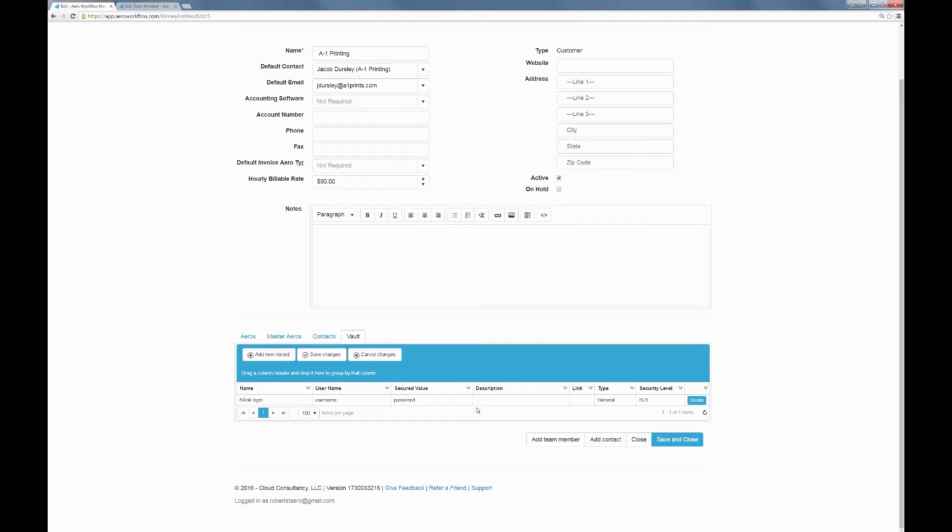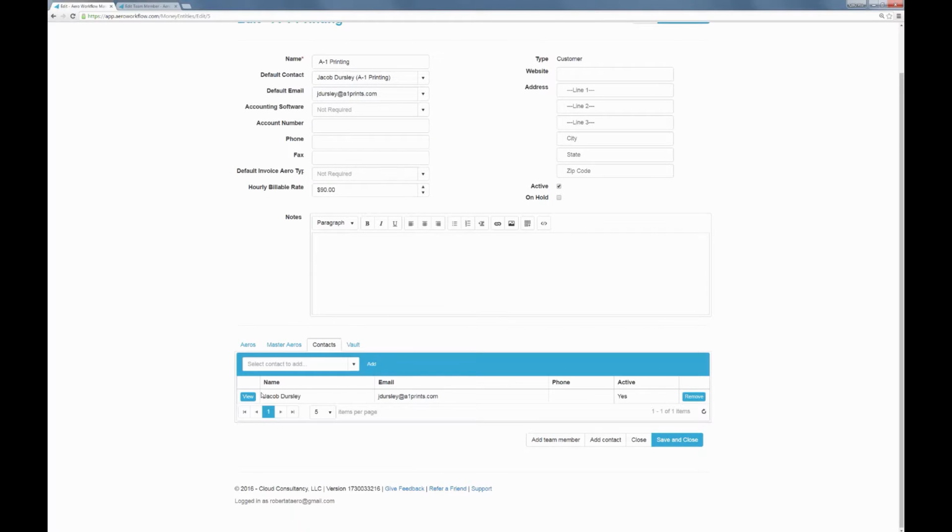So here is where you can come put in some information about the company, and then you can put passwords in the vault or any other company information, tax ID number. You can set up or add any contacts for them. You might have their legal team or their insurance brokers or other managers at their office that you'll interface with. And you can add them right here. You can click and add a new one right from here, and it'll be